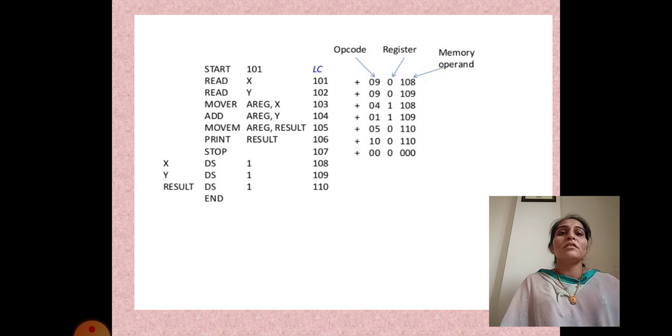Like, see, in this case, firstly we have to declare the location counter or program counter. In this case, the location counter is given starting from 101. If not given in the program, you can select any integer. The maximum value is 999. Okay, then you can increment the location counter or program counter.